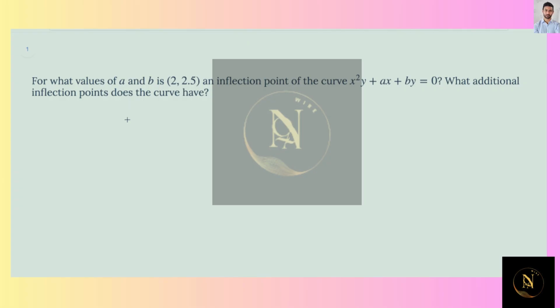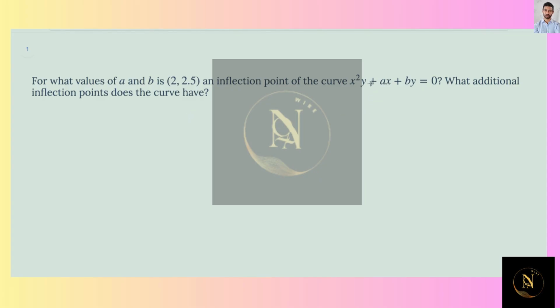Okay, for what values of a and b is (2, 2.5) an inflection point of the curve x squared y plus ax plus by? In order to find the a and b that satisfy where the inflection point of (2, 2.5) occurs, we have to